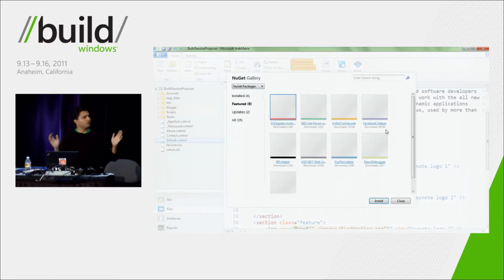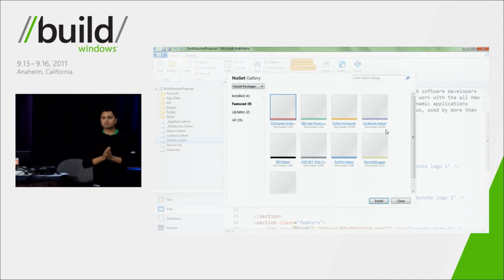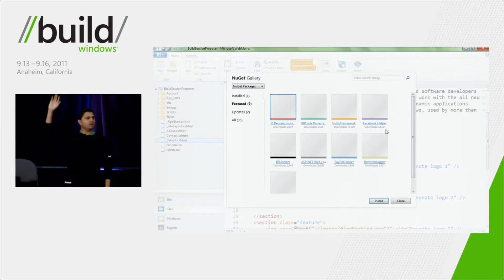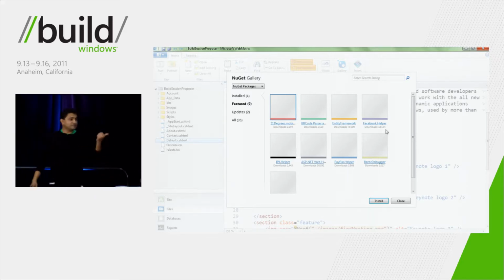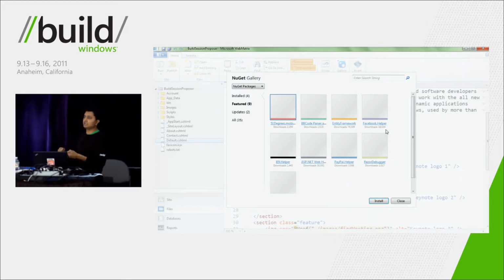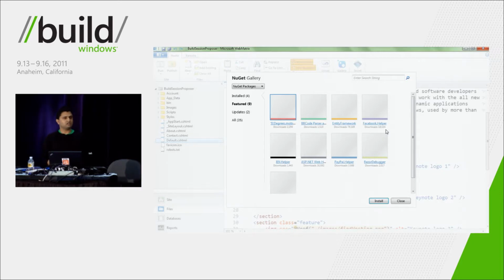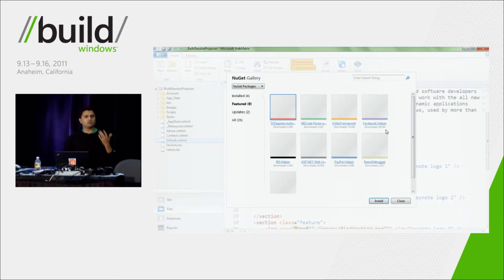Now, how many of you over here know about NuGet? Awesome. How many of you over here are NuGet fans? Awesome. So yeah, what we did was that we integrated NuGet right inside WebMatrix, and there is a NuGet gallery now in WebMatrix 2, where you can actually reference and use all the NuGet packages which are available for